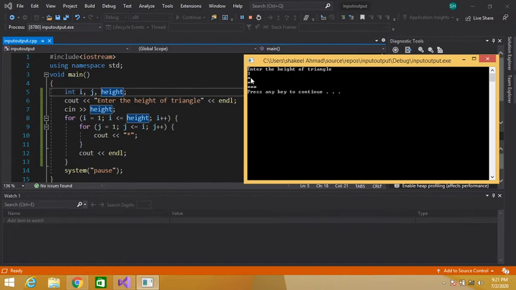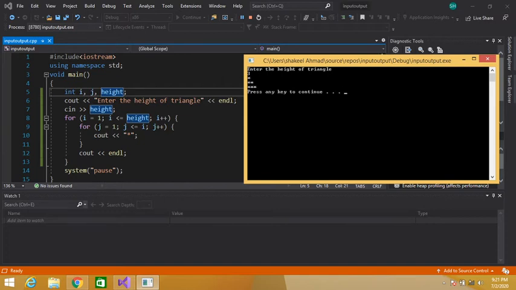So our pointer will move to this new line, and here after this new line our outer for loop is terminating, closing braces of outer for loop. So the control will jump here. So i contains 1. So the increment operator will increment this value by 1. So 1 plus 1 is equal to 2. So i contains 2. So 2 is less than height, which contains 3. So 2 is less than 3, yes.